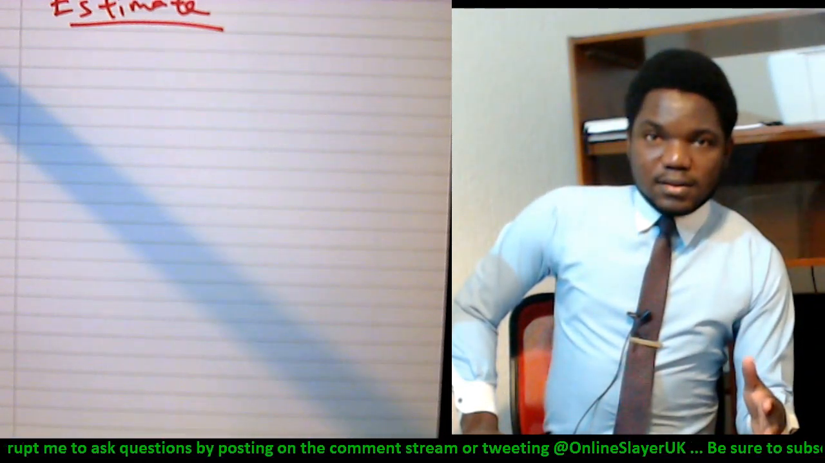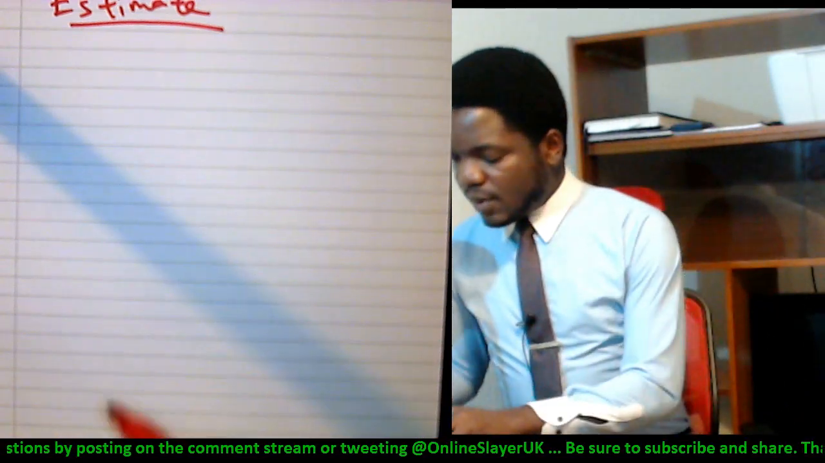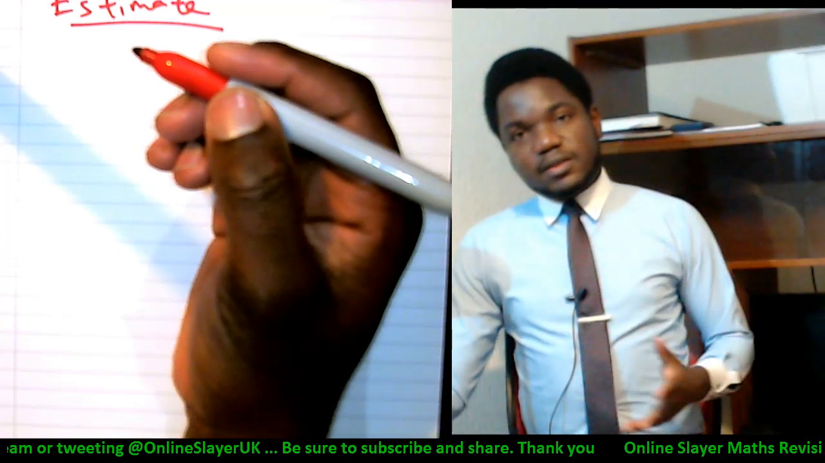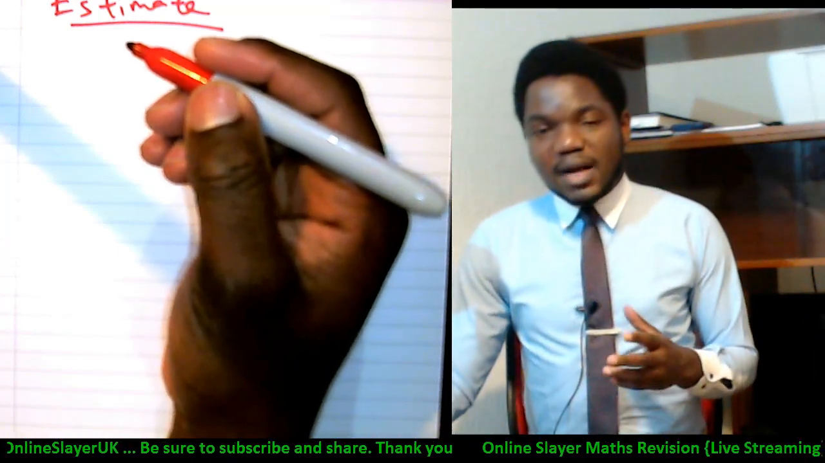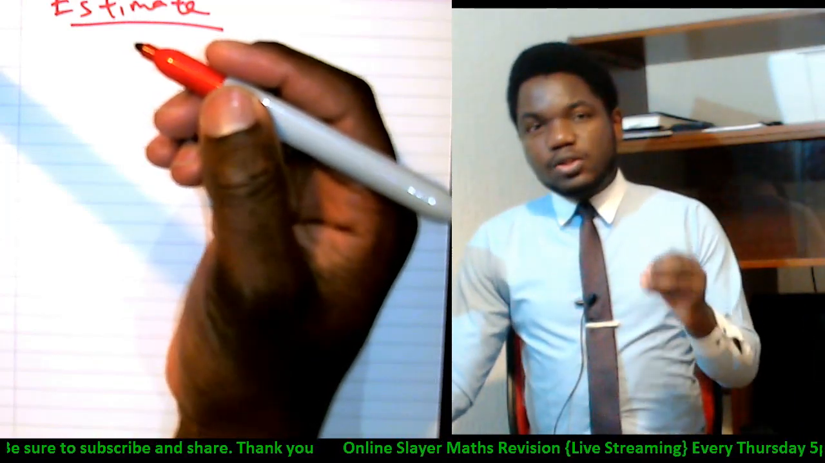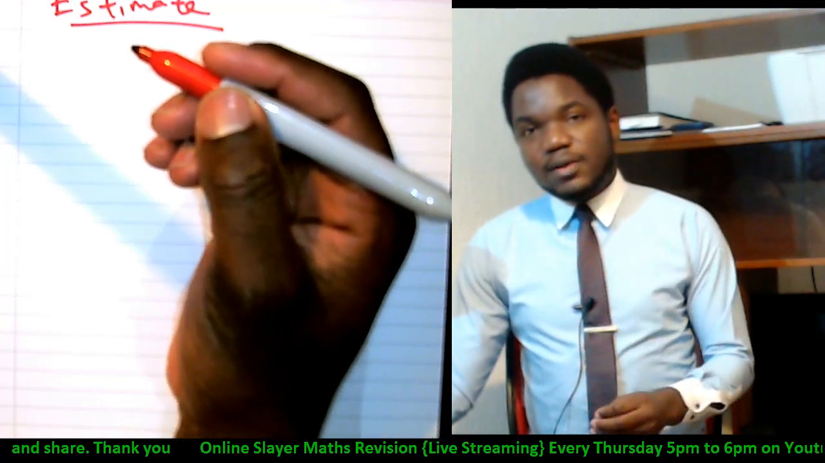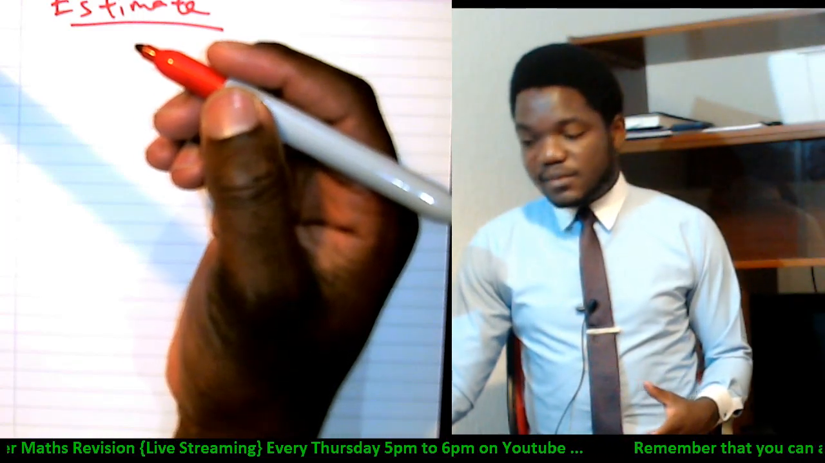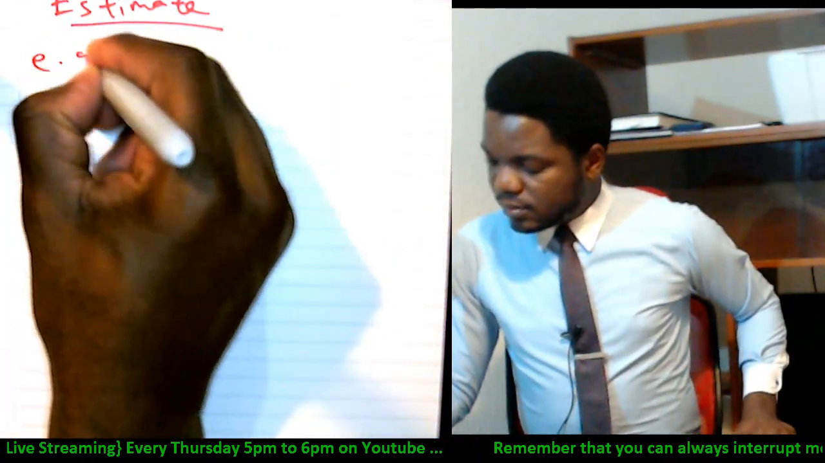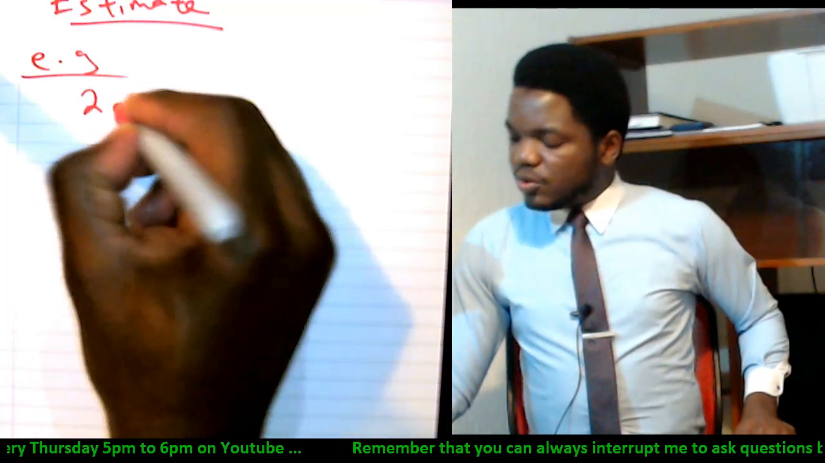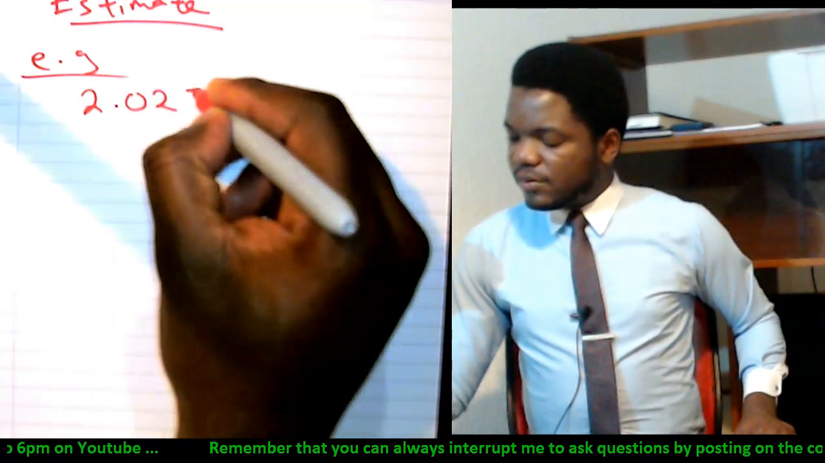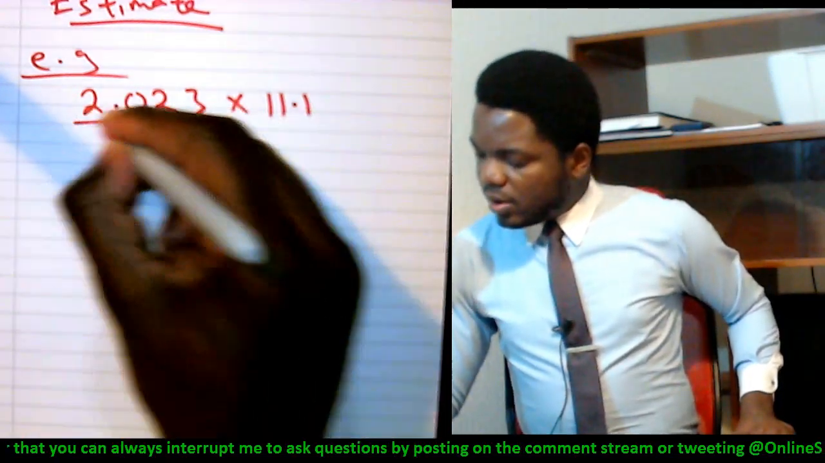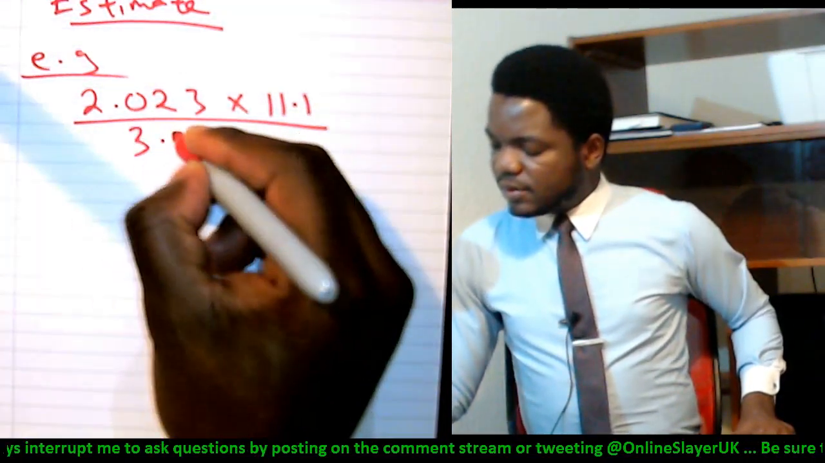Okay, so, but in some very complex equations, you're not going to be bothered about calculating the actual answer. So what you do is you round things up to 1 or 2 significant figures, yeah, and you solve them. For example, 2.023 times 11.1 all over 3.13